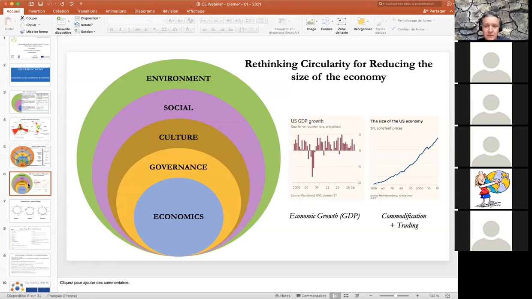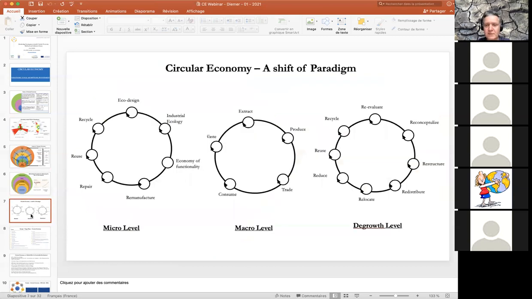And we know today that the footprint of a nation is very important. If you put inside trading, what do you export? What do you import? So if you accumulate commodification and trading, you start to understand the size of the economy and how people are really connected only with the economic system. So if you start to understand these three or four steps I was talking about, I think you start to design different levels of the circular economy. And I propose to have these three levels to understand how to measure.